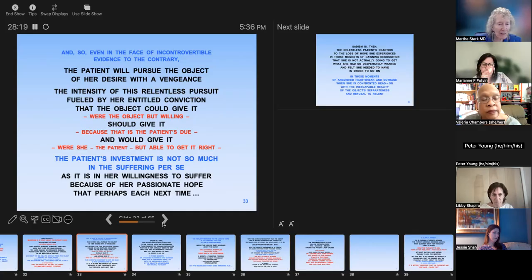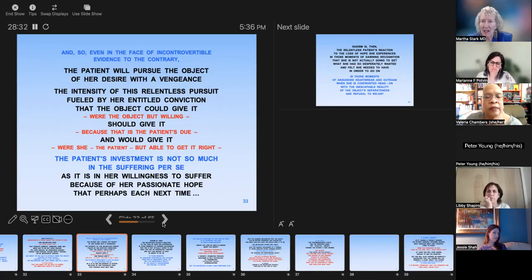The patient's investment is not so much in the suffering per se, but rather in her willingness to suffer because of her passionate hope that perhaps each next time,